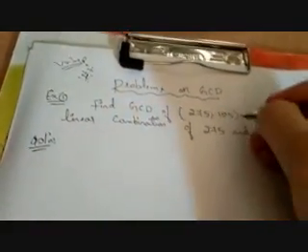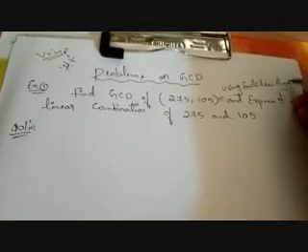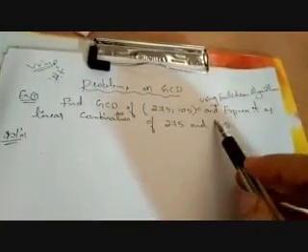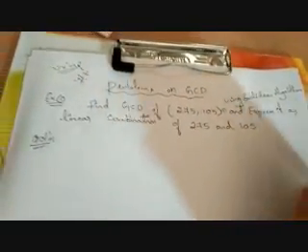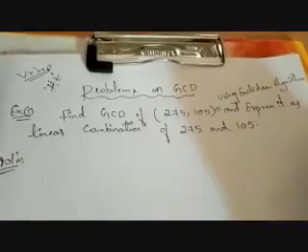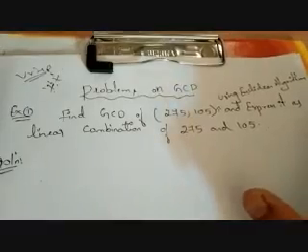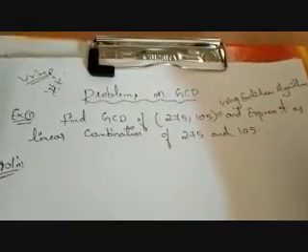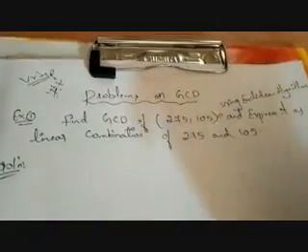Find GCD of this using Euclidean algorithm and express it as a linear combination of this and this. It is very simple. First we'll solve the problems. At last we'll generalize this problem. Generalization is nothing but writing a theorem, and that theorem is nothing but the Euclidean algorithm or Euclidean theorem. It is one and the same. First we'll solve the problems, at last I'll do the theorem.